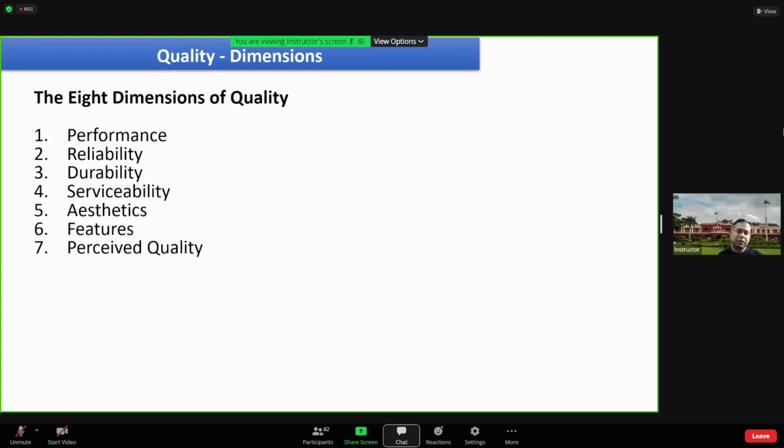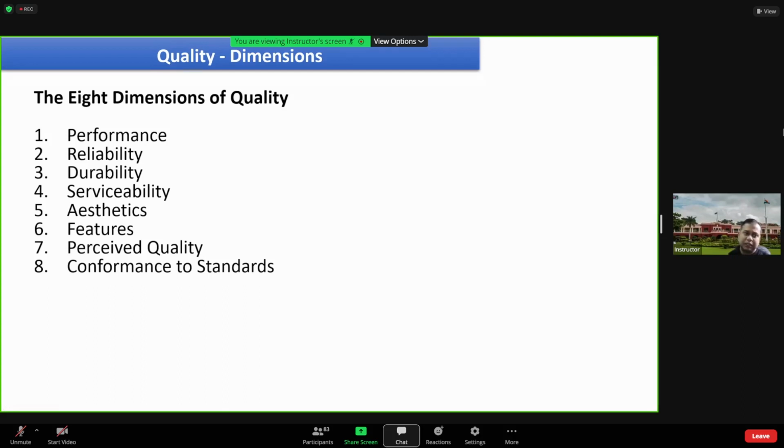That can come from feedback from our friends or peers, who say that I have bought this product, I am using this product and it is actually performing well. So now I also perceive that since my friends are using that product and it is performing satisfactorily, I have developed a notion that the quality will be good. So that is also one dimension. And another is the conformance to standards. Whatever standards we have set, the product should be meeting those standards. So these can be certain dimensions of quality.